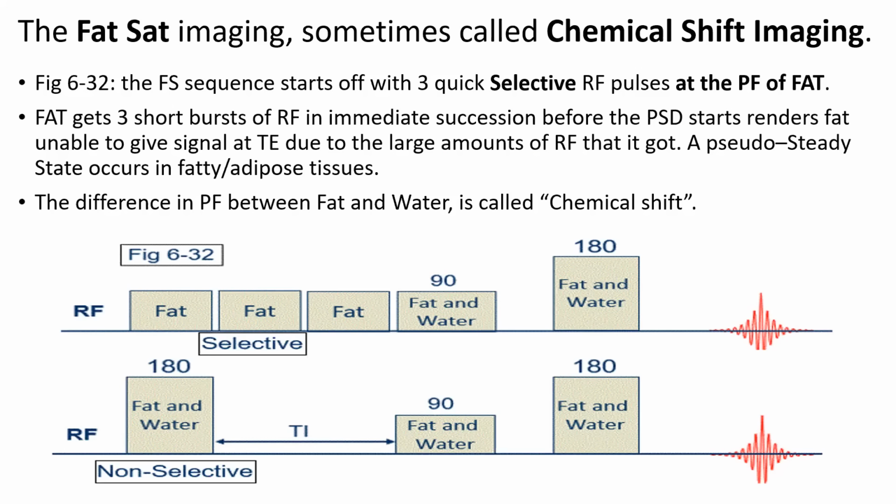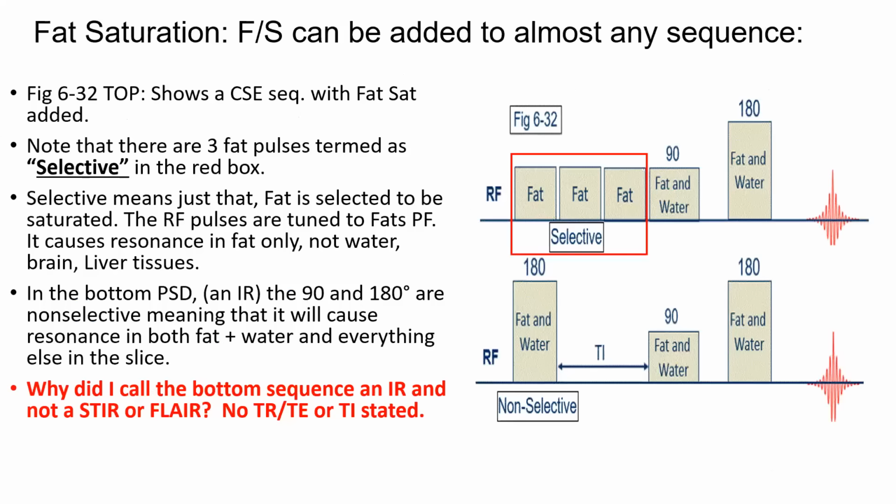The reason why we can do FAT-SAT is because of something called chemical shift. Now, you know there's a chemical shift artifact, which I'm going to talk about, but what happens is when you put the patient in the magnet, fat and water go to their own little selective precessional frequencies. Fat is a fast T1 relaxing tissue, but it's slower than water because it's a big molecule. It doesn't rotate as fast. So when I say selective, I mean we're specifically targeting fat with an RF frequency that's at the Larmor frequency